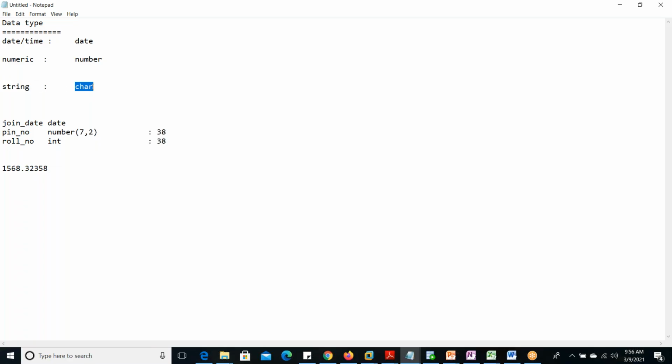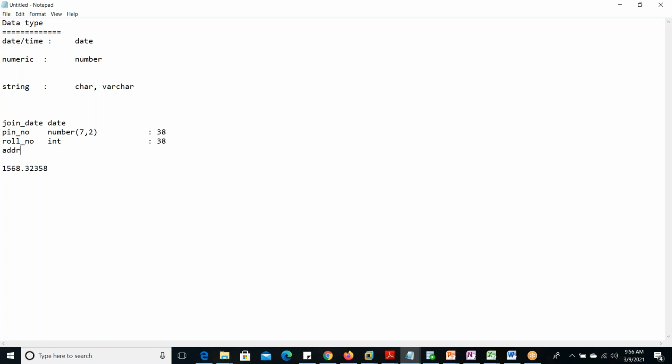The data type names are char and varchar. First of all it was defined as char only. In the first release in 1979, at that time only the char data type was there. What is char? Char means fixed. Varchar means variable.